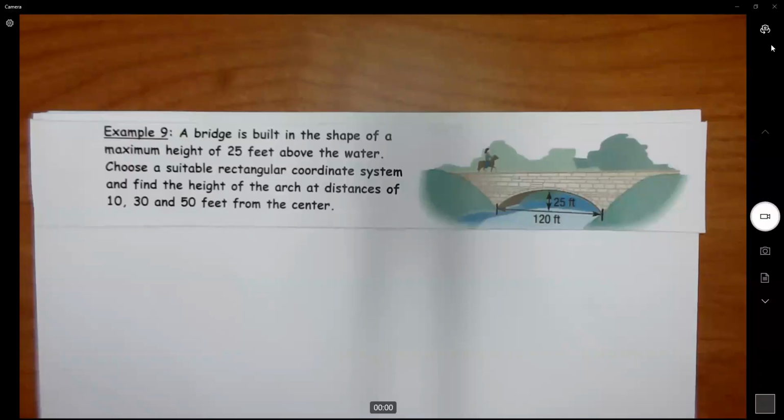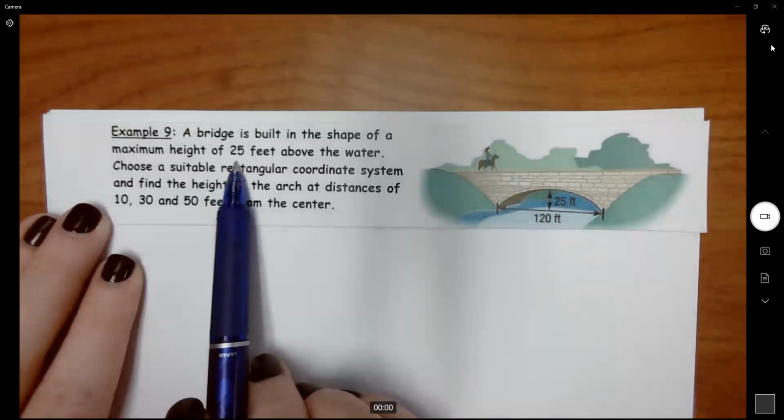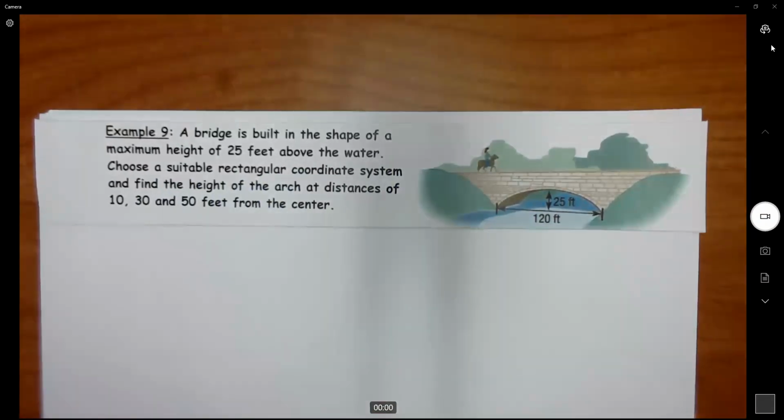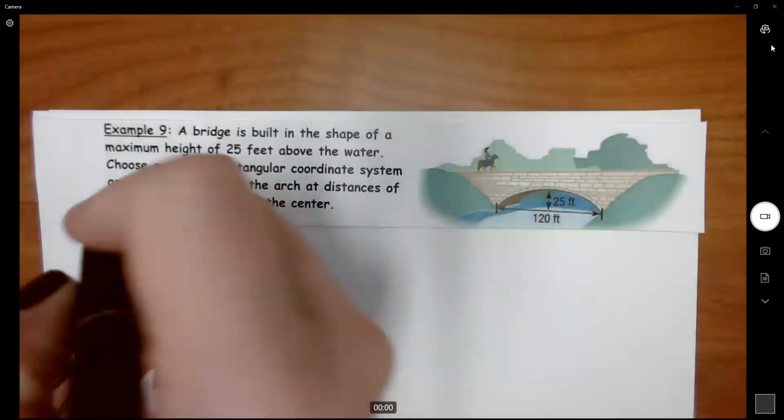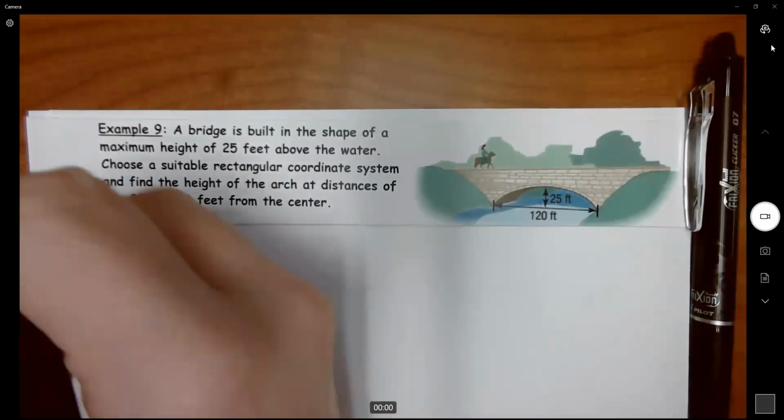Here's our second application problem involving parabolas. Example 9 says a bridge is built in the shape of, and I think I left some words off here, but in the shape of a parabola with a maximum height of 25 feet above the water. Choose a suitable rectangular coordinate system and find the height of the arch at distances of 10, 30, and 50 feet from the center. So let's make a grid here,